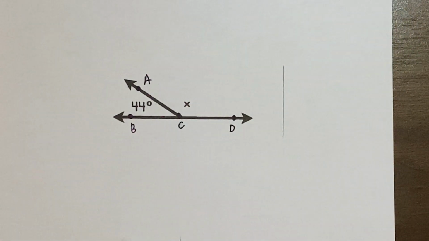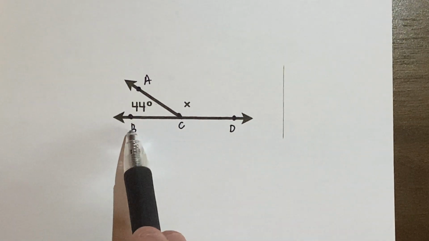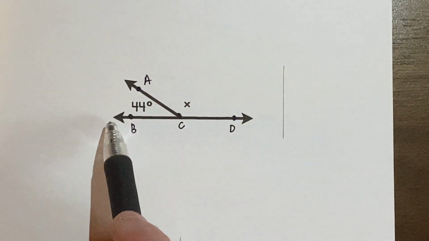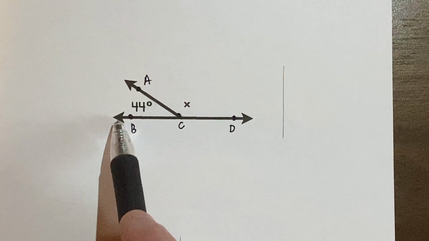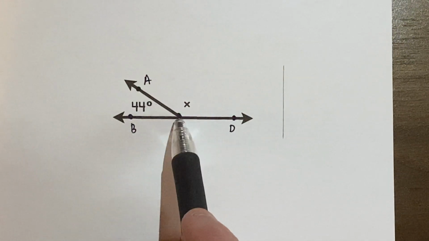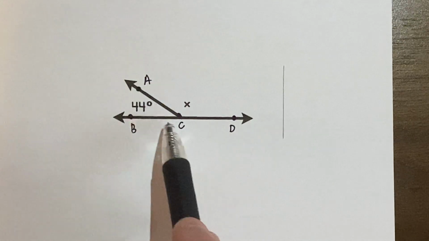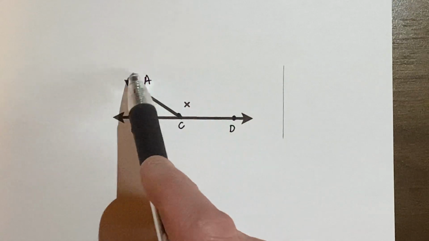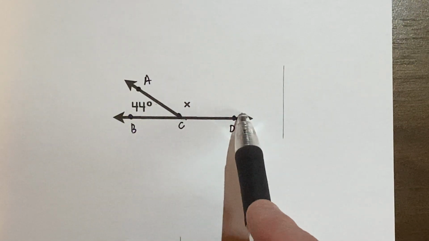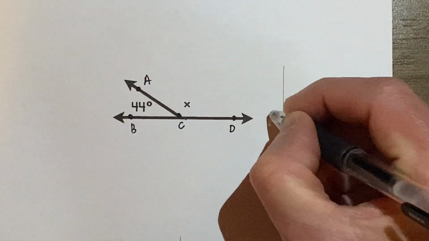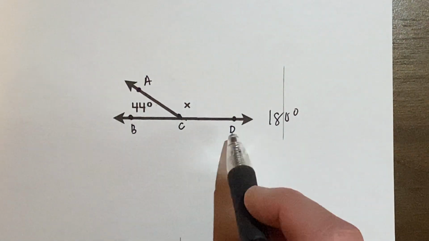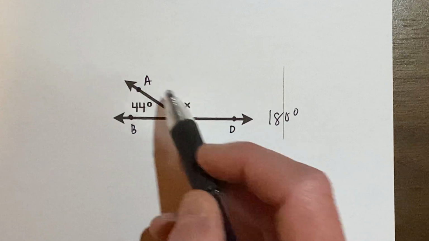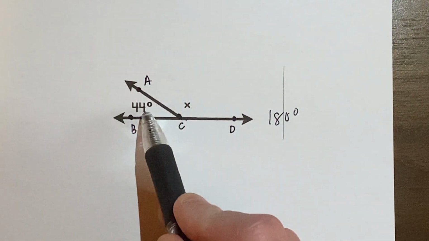I got a couple more for you. Here in this case, I notice once again, B to D, 180 degrees, this whole line. And I know that what they've given me, they're telling me 44 degrees right here, BCA. This angle is acute. Okay, I can tell angle ACD, this one right in this space, is obtuse. So I know that this measurement is going to be greater than 90. So how do I figure that out? Well, I know that this is 180 degrees, B to D, and I know that 44 degrees takes up this space, BCA. So therefore, 44 plus